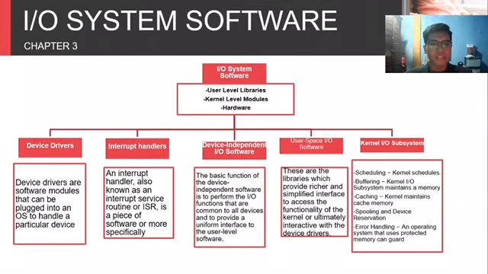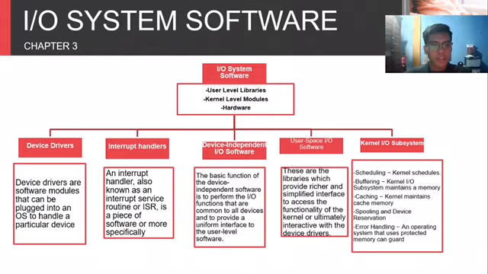After that, device-independent I/O software. The basic function of the device-independent software is to perform the I/O functions that are common to all devices and to provide a uniform interface to the user-level software. Next, user space I/O software. These are the libraries which provide a richer and simpler interface to access the functionality of the kernel, or ultimately interact with the device driver. And last, kernel I/O